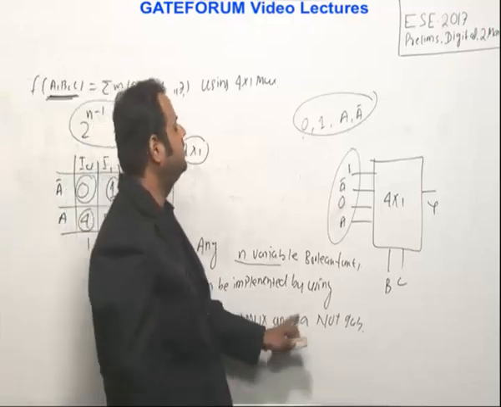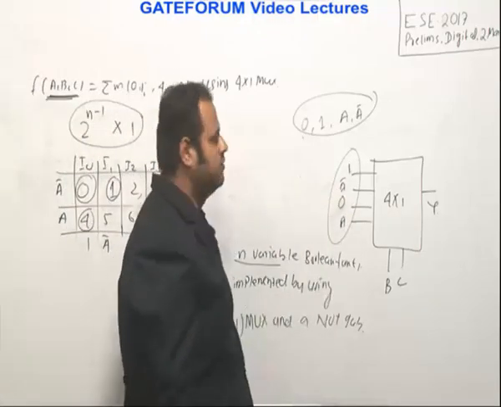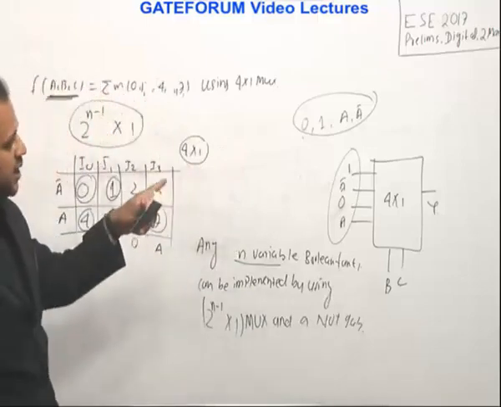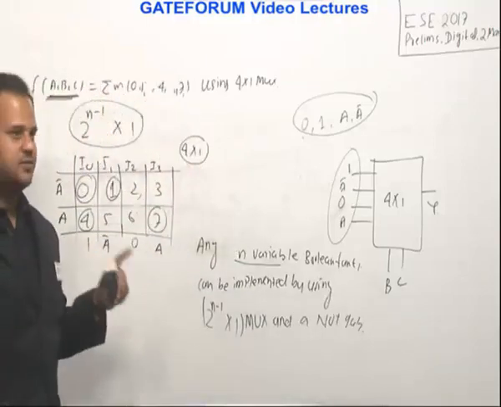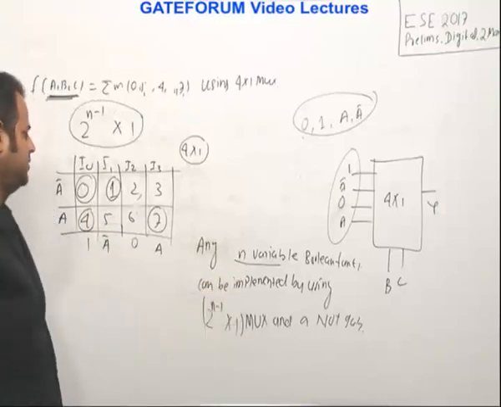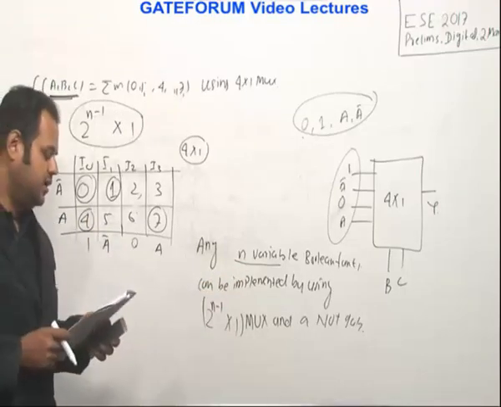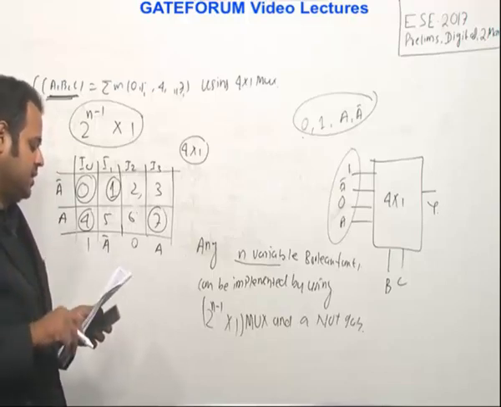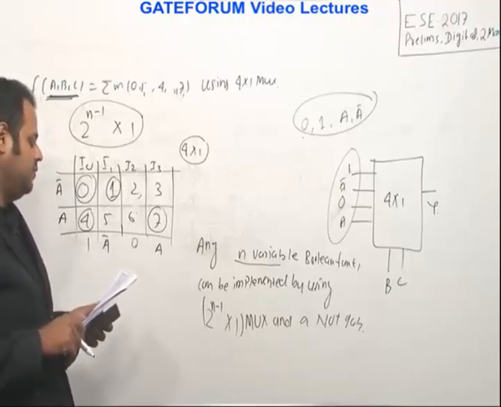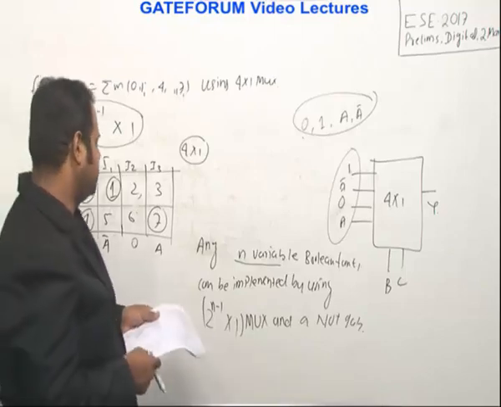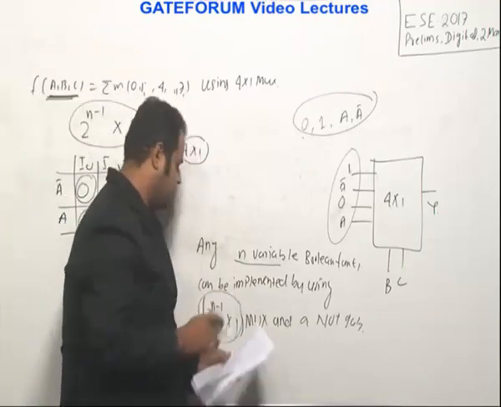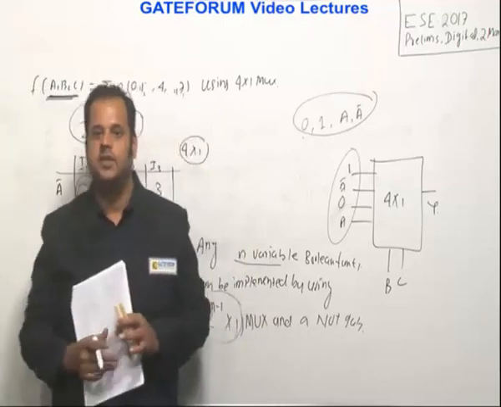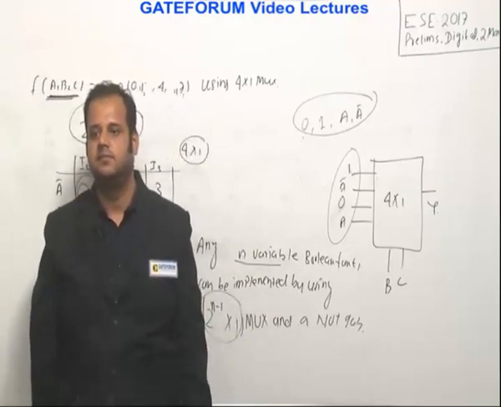So if this NOT gate is not there, you cannot have this A bar kind of thing. And whatever the combination you give, you will not get any other possibility. So that's why, just to target that inverter, we are just attaching that one NOT gate. So what is the question given? If only one multiplexer and one inverter is allowed to be used to implement any n variable Boolean function, what is the maximum size of multiplexer needed? So the answer should be 2 raised to power n minus 1 cross 1, which is given in option B. So B is the right answer for this.